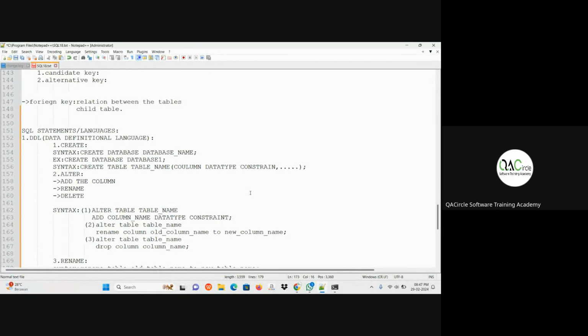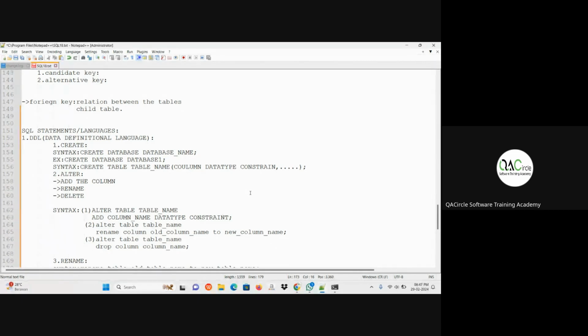Okay. Next point under primary key constraint. Primary key is a unique attribute, comma, it cannot store duplicate records. Take down under foreign key constraint.